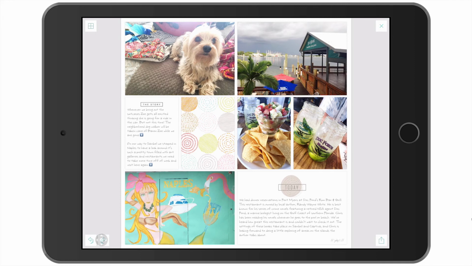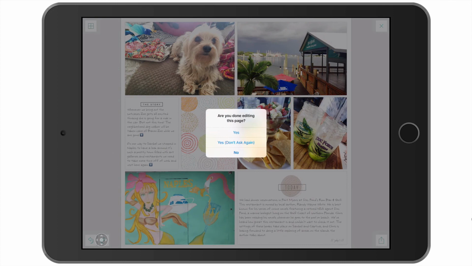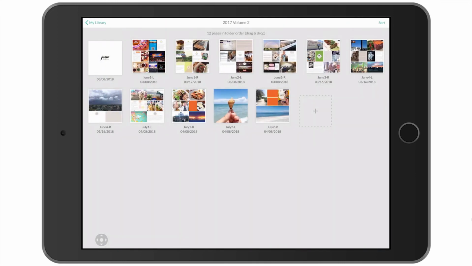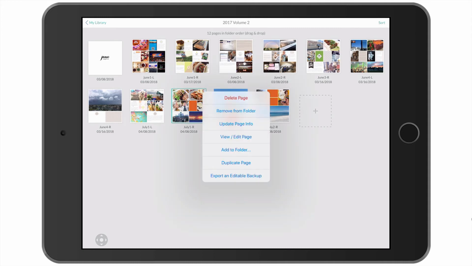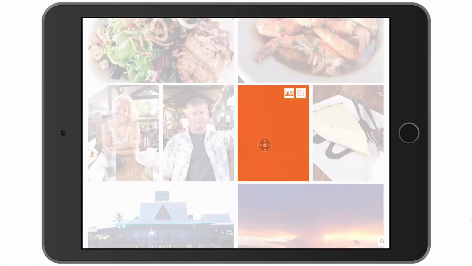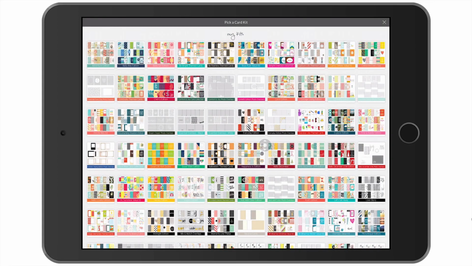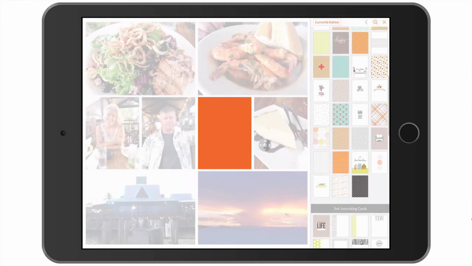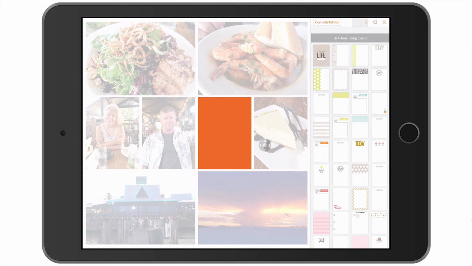Now I know I have a couple of cards I need to add to the other side of this spread, so I'm just going to X out of this layout. I am done editing this page, and I want to open up the right side of that double page spread, and we're going to tap on this placeholder here and open up our card kits to choose from. I'm going to select the Currently edition, and one of my favorite cards in here is this Currently Eating. Okay, I will X out of the Currently edition,